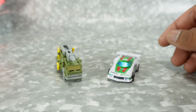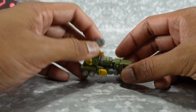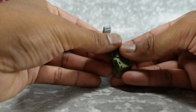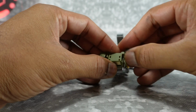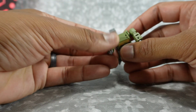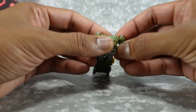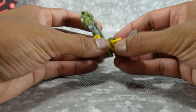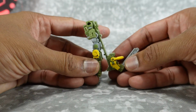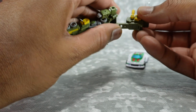Alright, let's get these guys transformed into robot mode. Since we've looked at this mold before, we'll just do it really quick. Fold this up. We're going to lift out on these arms, plug them in on the other side. It should tab in right here. Bring these arms down and then rotate the elbows to the front. We can unpeg this ladder piece from the legs. This is going to accordion up,